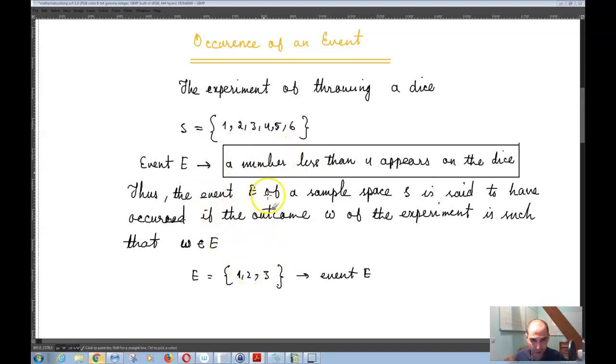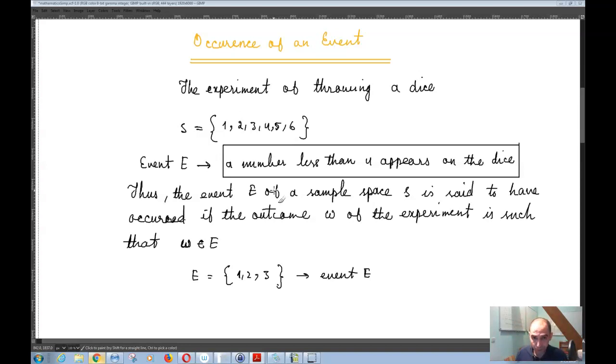So now to continue with the occurrence of an event, we said that basically that's the event E. Both of these you could call an event based on the definition. Otherwise, you would normally call this a set, and I would normally call this an event, and I would call this some set related to that event. But based on that definition, you could call this an event, and you could call this again the same thing, event E.